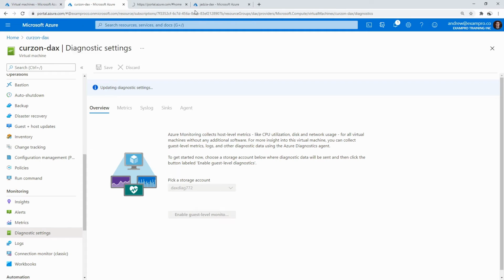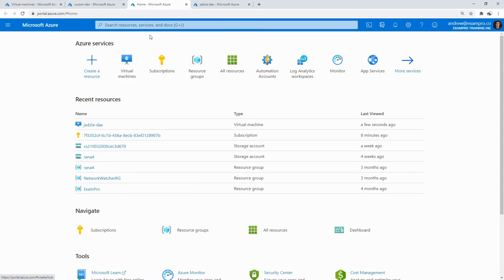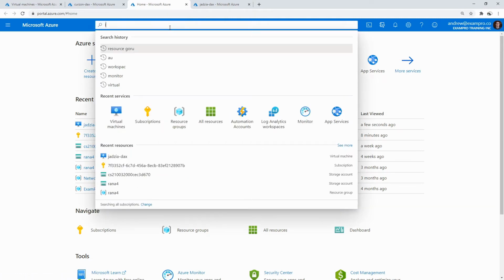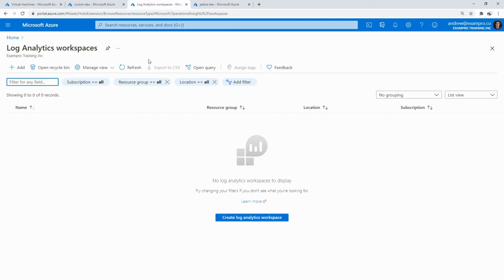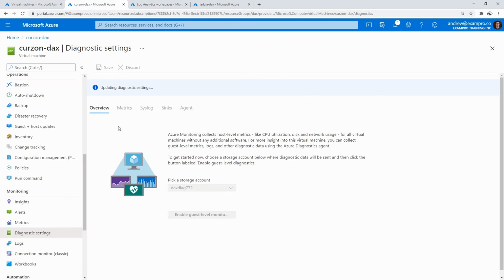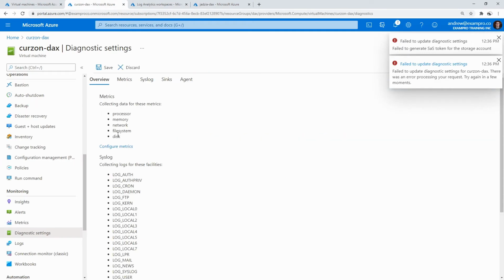But another thing we're going to need is a log analytics workspace. So all a log analytics workspace is, is a place to store your logs. It is essentially a data lake for a lot of different resources. So you can put all sorts of resources under here, and that way you can search across them,